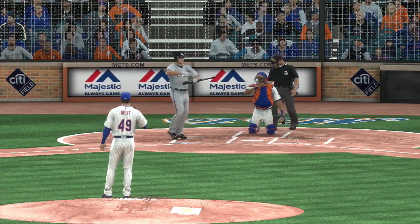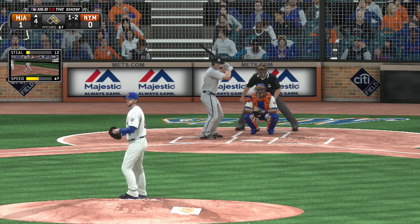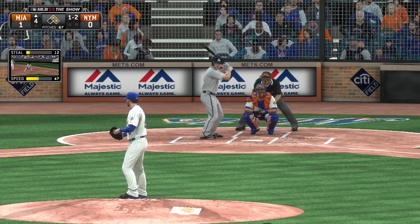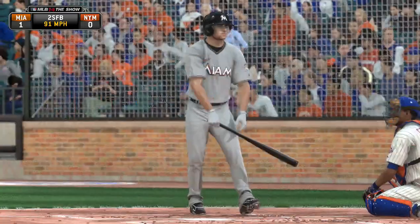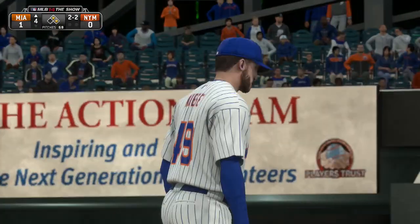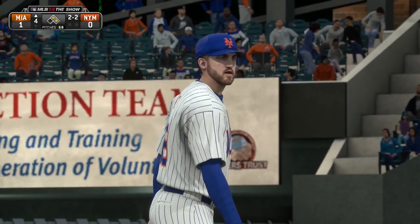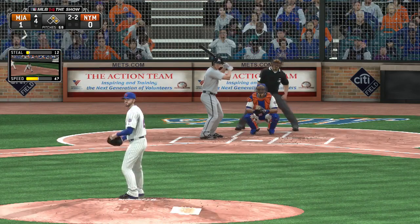Now another pitch is hit foul and headed for the seats, so the count will stay put at 1-2. Just tried to freeze him with the fastball there. Pretty close. It's 2-2. Where do you go from here? I think he's set up for something off speed. If you can put that changeup below his knees, you won't come within a foot of